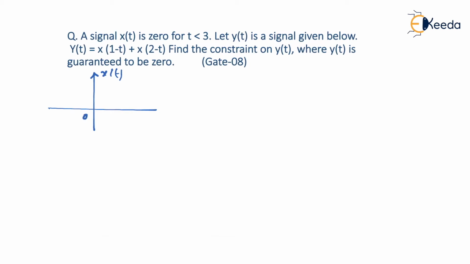Let me tell you, shape of x of t is not a matter here. What matters is just to show that it is 0 for t less than 3. I mean, this is 3. So x of t is something which is present after 3. So it is clear to you now, for t less than 3, as you can see, x of t is absolutely 0. Is that right? So this is nature of x of t. And now y of t is given, which is sum of modification of x of t only. So we will see what is first modification.